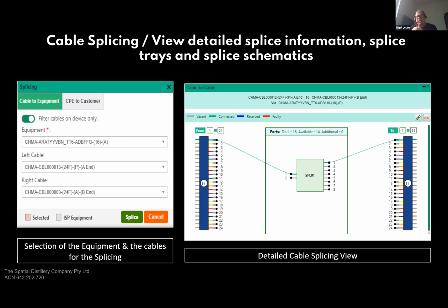And instantly, as you drag and connect those ports or cores of the fibers to each other, the database is automatically updated, and then the system actually retains that connectivity through the network. That then allows you to do a whole lot of other stuff like network tracing across the network.